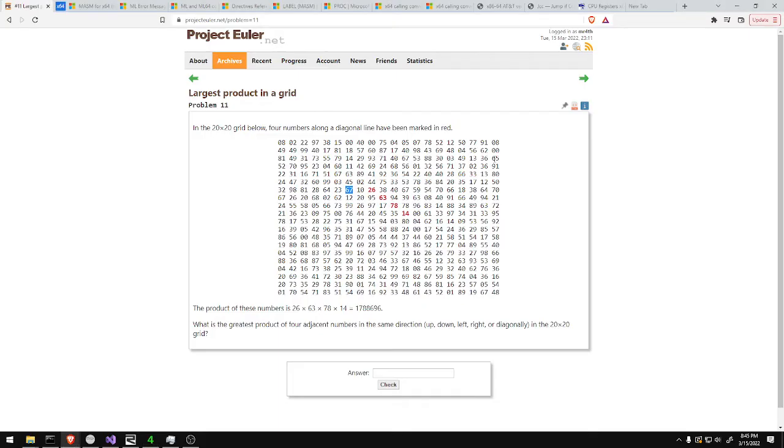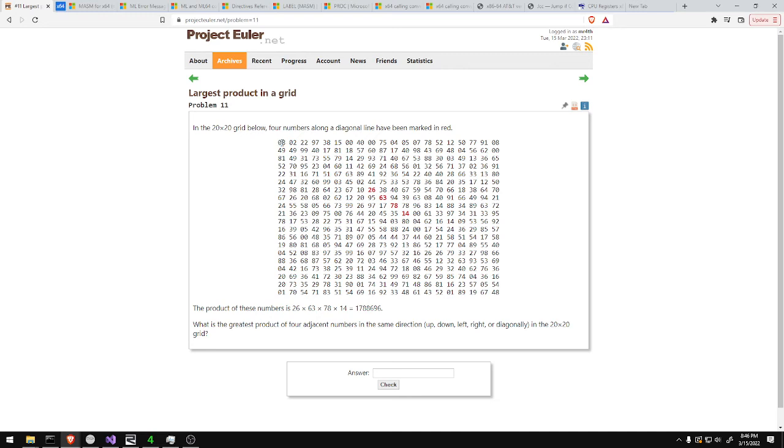Now the diagonals are a little bit trickier because their count doesn't stay the same. This one has a count of 20, but this one and this one have counts of 19. This one and this one have counts of 18 and so on. This one and this one are the last ones that actually work at all, and they have a count of 4, because the Euler 8 part will handle the number of actual tests to do. We have to tell it the actual length of the diagonal. So the length of a diagonal is going to be,